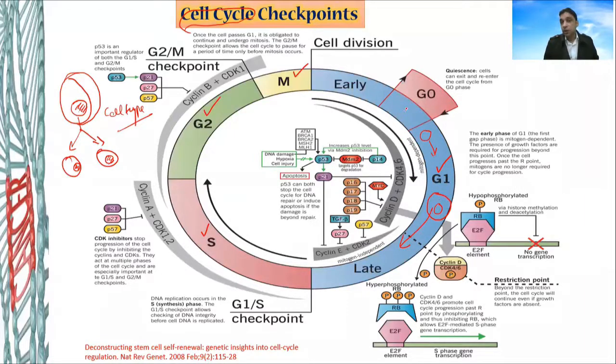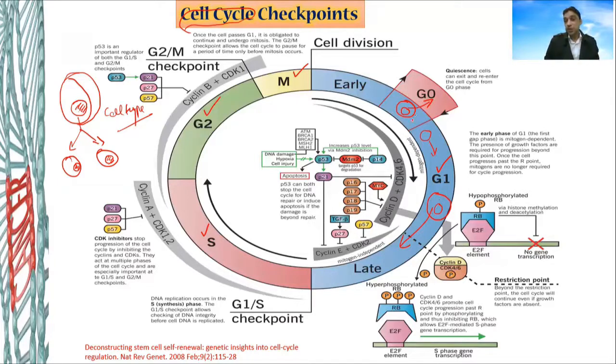If a daughter cell is created and it is required to be kept in that state for a longer period of time, that cell enters into another phase called the G0 phase. G0 is a phase where a cell does not proceed for cell division. It stays there as it is, and whatever proteins and characteristic features the cell has developed, it starts using those features and doing the job. Whatever job the cell is assigned, it will keep doing. So the cell is not supposed to divide in the G0 phase.